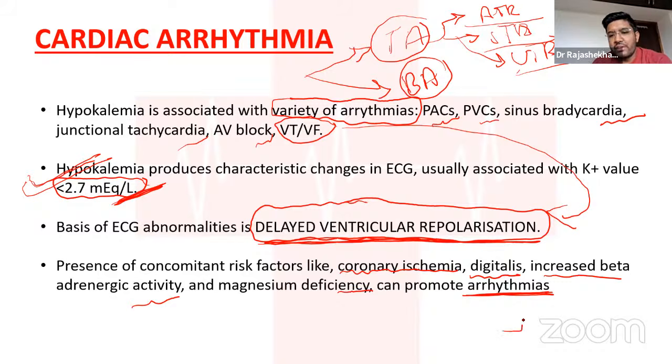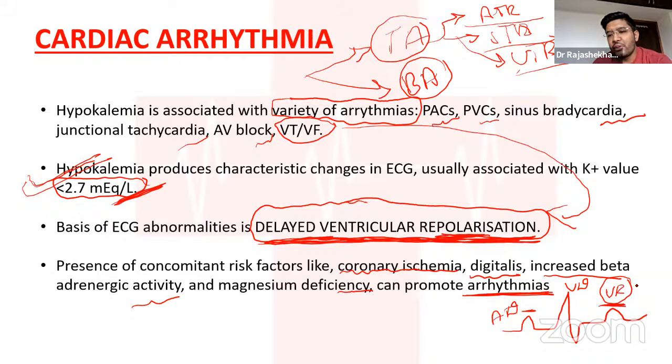So if you look at the ECG tracing normally, we know there is a P wave which depicts the atrial depolarization. There is a QRS which depicts the ventricular depolarization, and there is the QT segment and T wave which depict the ventricular repolarization. So this is the basic of ECG. As I told you, there is an abnormality in the ventricular repolarization. Where do you think the abnormality is going to manifest in the ECG?